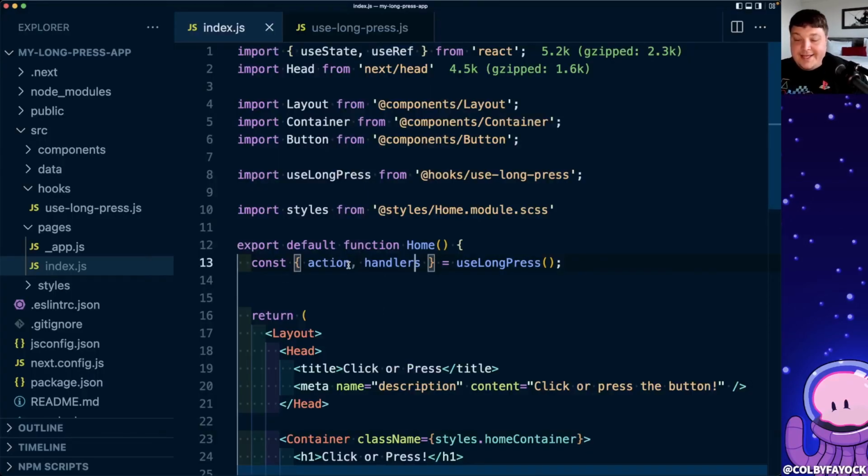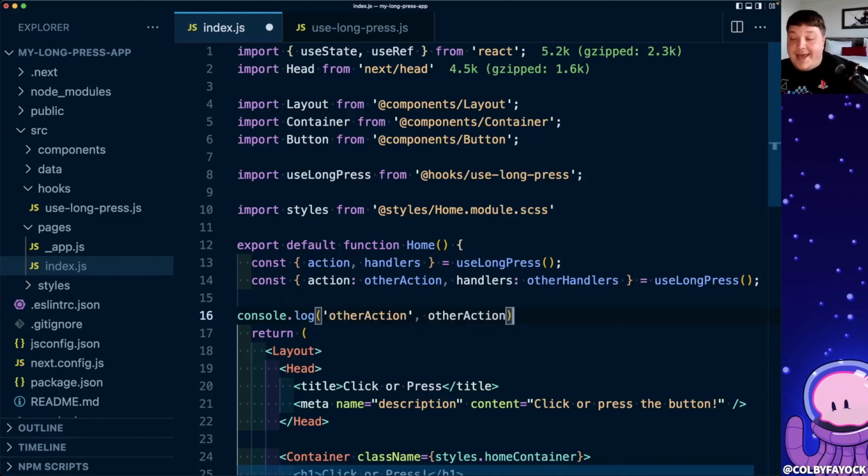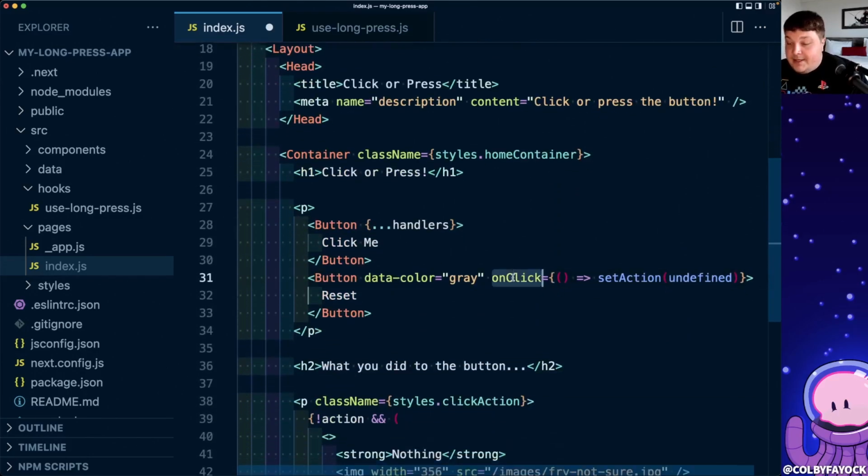So back inside of my index.js file, I'm going to literally just duplicate this line and rename this to other action and my other handlers, where I'm just going to simply console log out this value so that we can see that it's working independently. And I'm going to take other handlers and use it just like I am with handlers, head down to that reset button. I'm going to replace this onClick, and of course reset won't work after this point, but just to